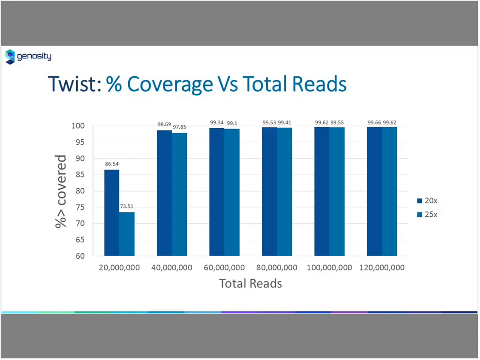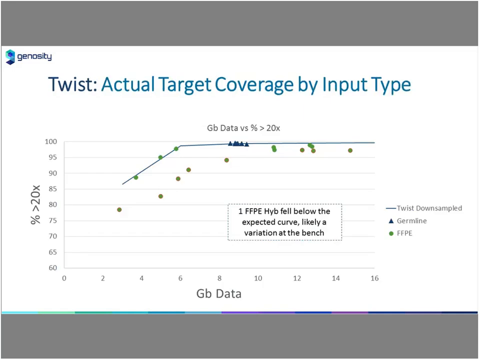And then what we did is we took those curves and we went back to the FFPE and germline data and plotted it. And what we see is there are several FFPE samples in the green circles that fall right in line with those downsampling models, meaning that the lower percent to 20x was actually due to just not having enough data generated,